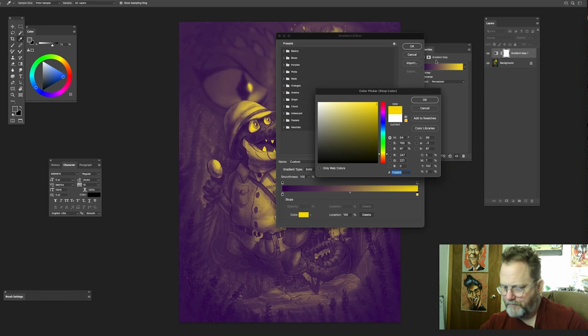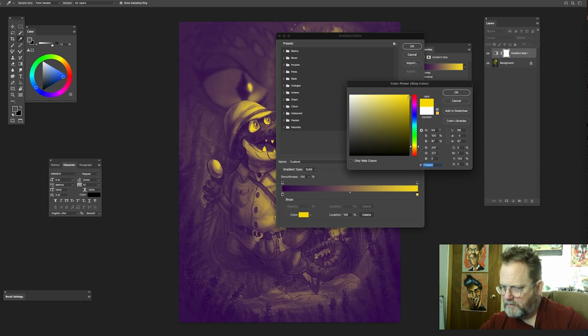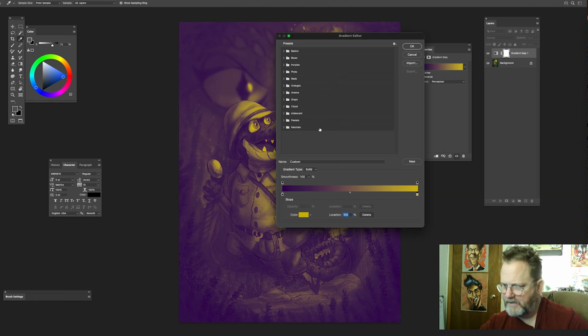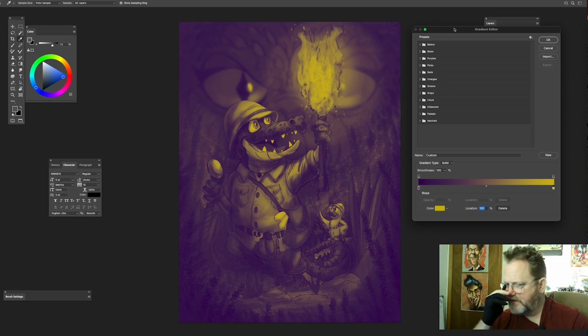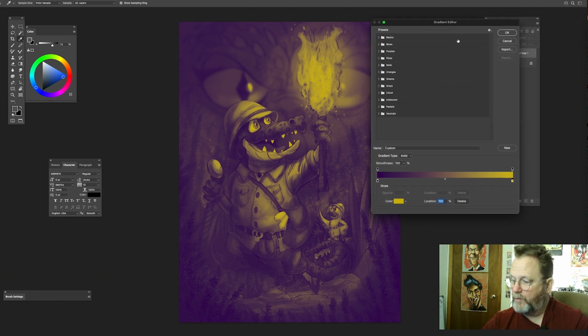Okay, a little bit warmer. Hit OK. So you see what it did? It basically covers the entire color gamut in terms of value. So the value, the darkest of darks are going to be this purple color. The lightest of lights are going to be this yellow color. So if I want to go ahead and add a third color, what I'll do